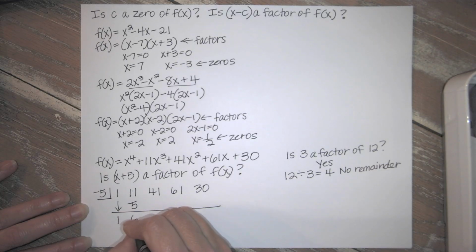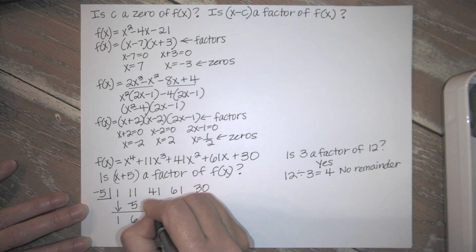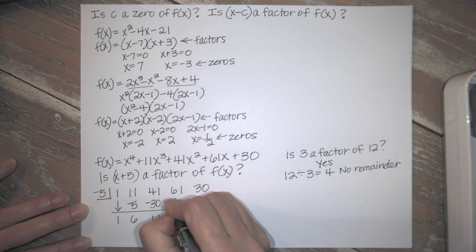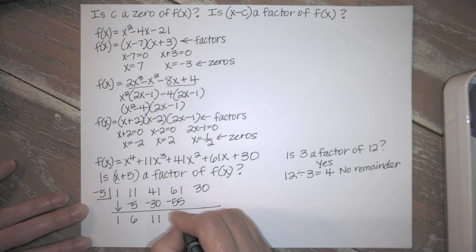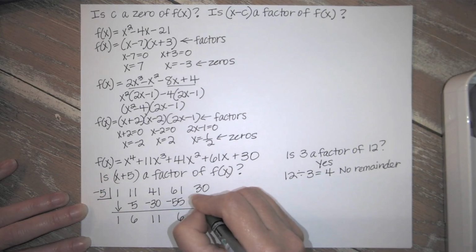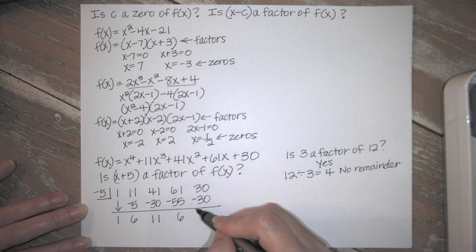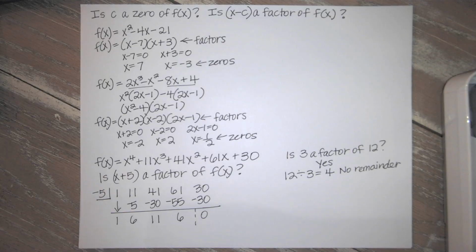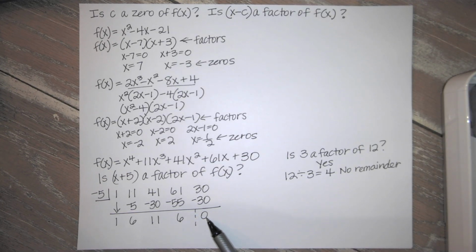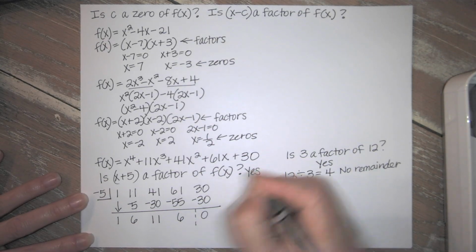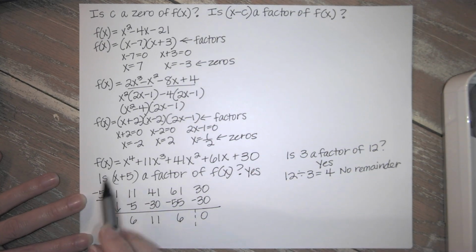Combine these, multiply. Combine these and multiply. Combine these and multiply one last time. And you see that my last number here is a 0. This last number is always your remainder. Since we have a remainder of 0, that tells us that yes, x plus 5 is in fact a factor